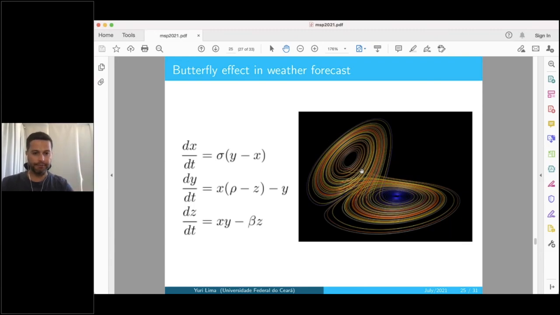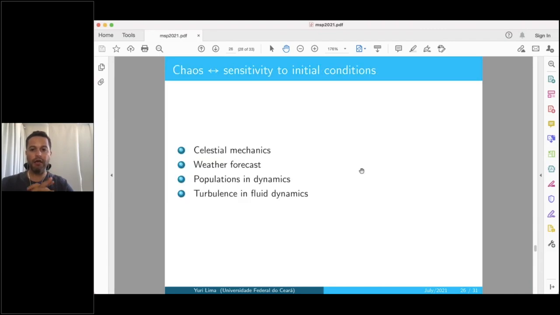All right. So chaos and sensitivity to initial conditions is actually very popular nowadays. It is present in many different contexts. One of them, which is the one that I gave to you in the first part of the talk, relates to celestial mechanics and also to weather forecast. But there are other ones, which are actually very simple to explain, where you can have some sort of chaoticity in the system. One of them is in